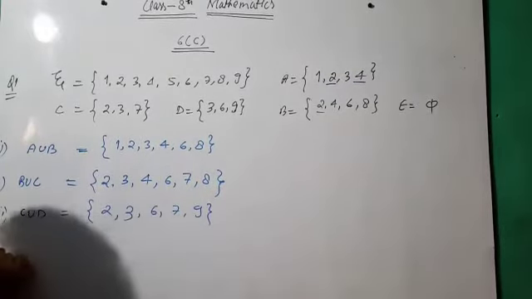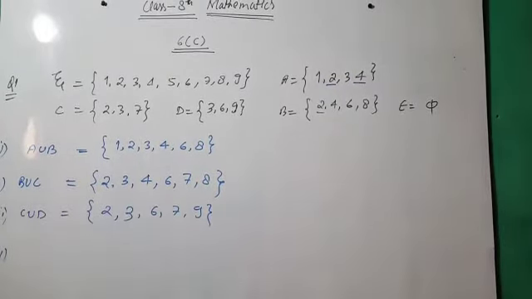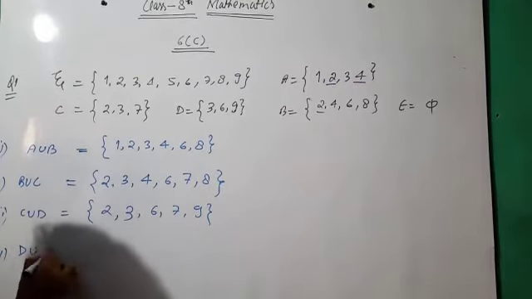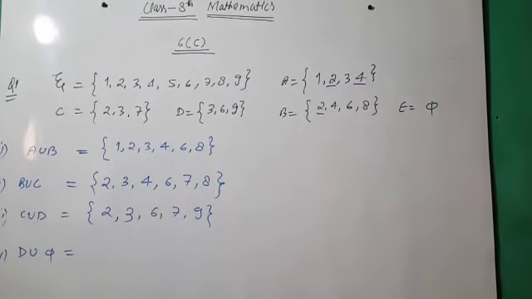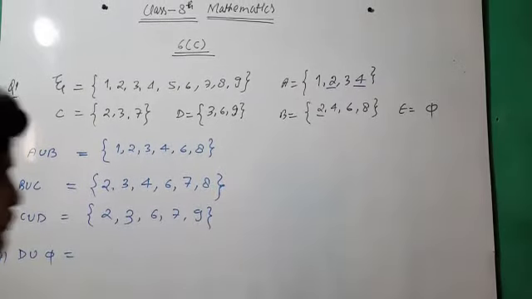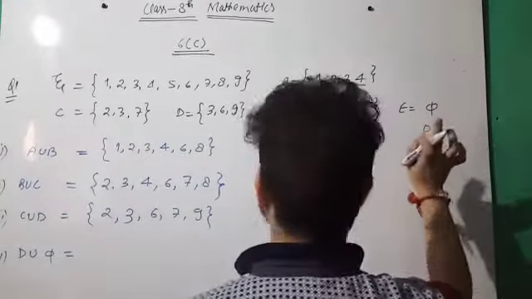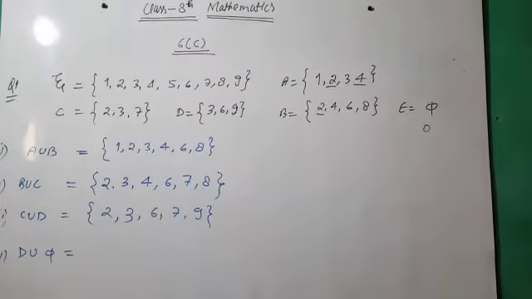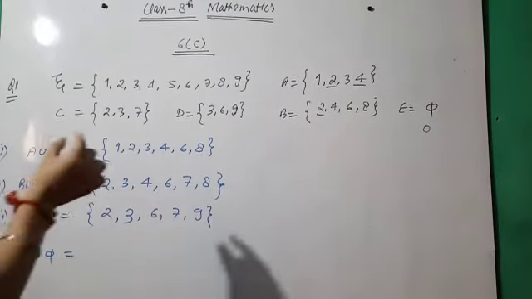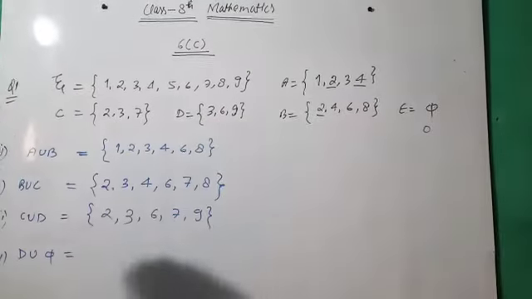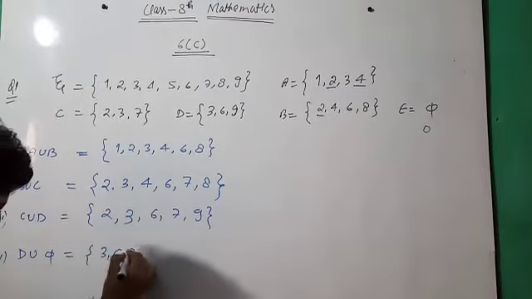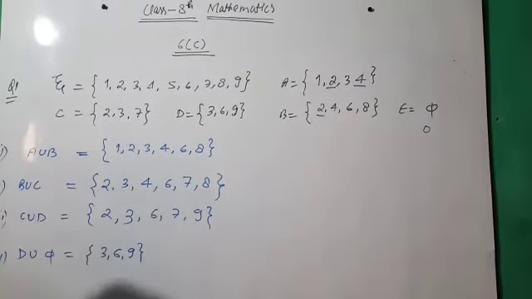Okay, now the fourth part is D union 5. In E, we have 5, which means 0 elements. So D union 5 has the number of elements in D and 5. 5 is 0, so the elements in D are 3 6 and 9. Okay, next, the fifth one, A union D.